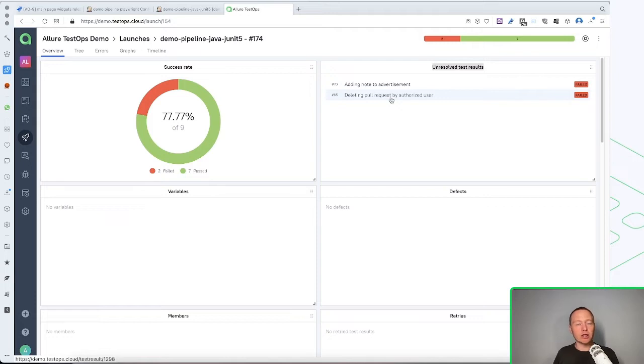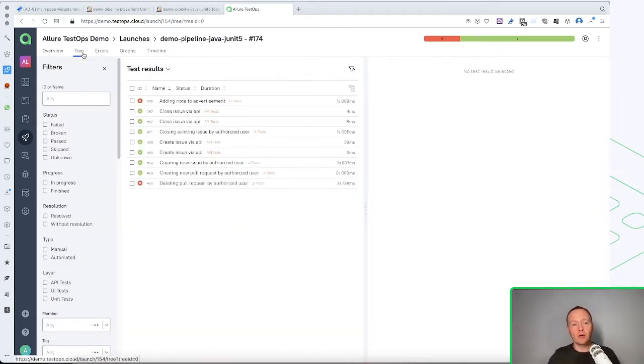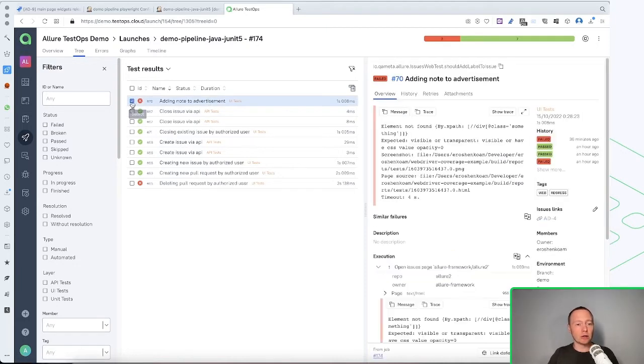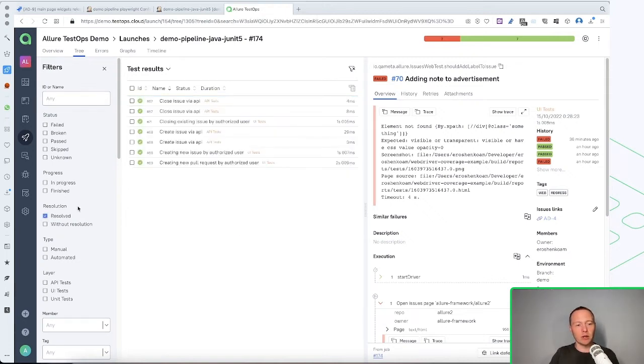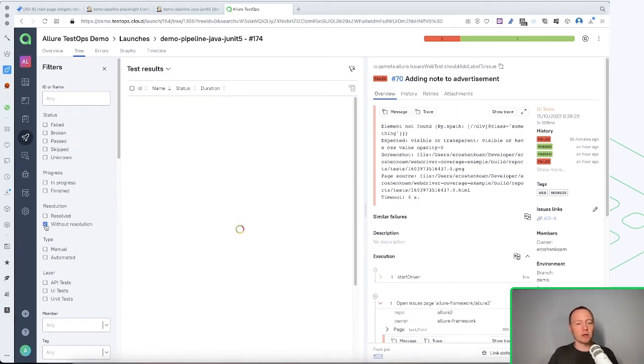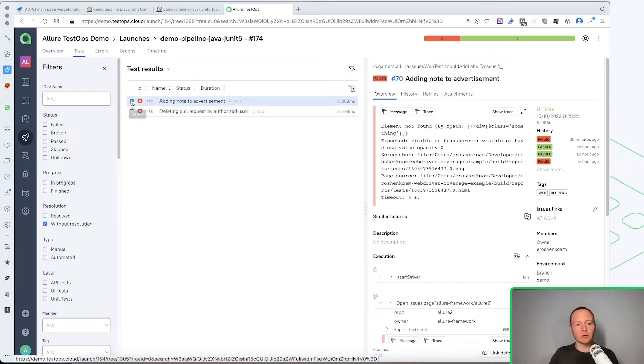There are several types of resolutions in Allure TestOps, and we already saw one of them. So the first resolution is rerun. We need to perform some action, and if a test is green, if it passed successfully, then this test is considered resolved. So if we search here for resolved tests, you can see all the green tests are currently resolved. Now, if we filter out the tests without resolution,